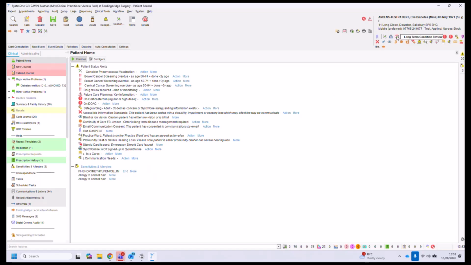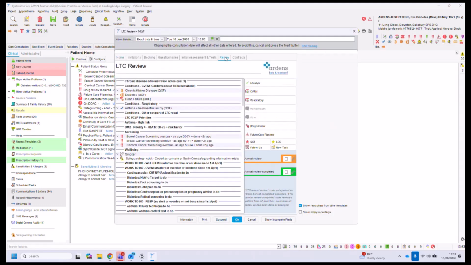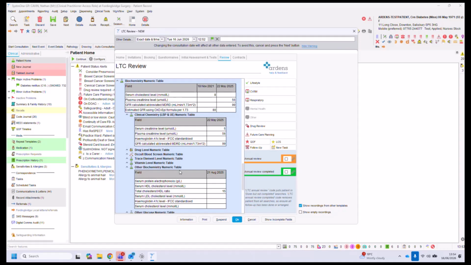If I go back to our goalkeeper, our LTC template, and then I'm going to go now to the review tab. Now the review tab shows you the same thing as the initial assessment tab, except it doesn't say what bloods are needed because they've been done. If I scroll to the bottom, all of the bloods sit there. Look. I mean, again, ignore the actual bloods that have been done there,